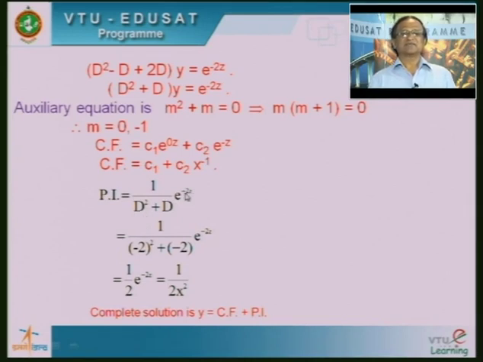So, here minus times of a means minus times of 2. Okay. So, (-2)² plus (-2) times e to the power minus 2z. So, after simplification it becomes 1 by (2 minus 2 square means it becomes plus 4 minus 2). So, that is why you are able to write down 1 divided by 2 e to the power minus 2z, that is equal to 1 divided by 2 x square.